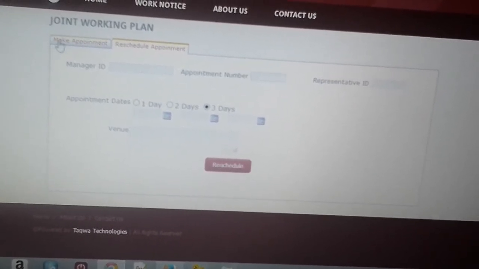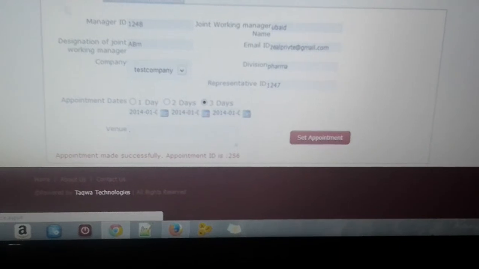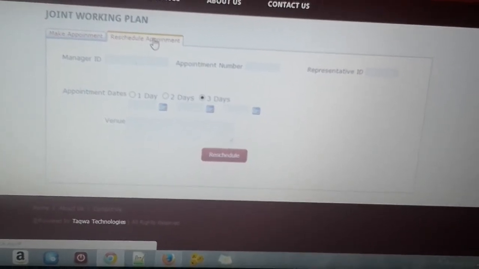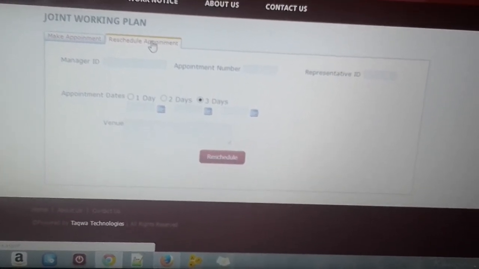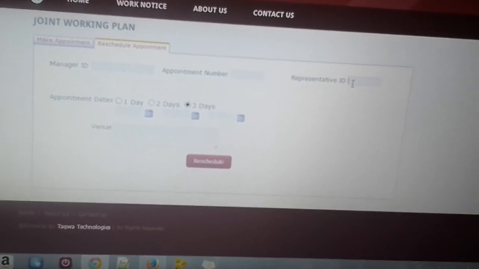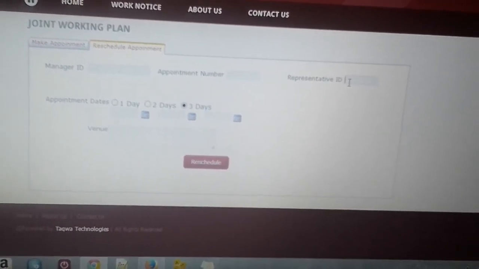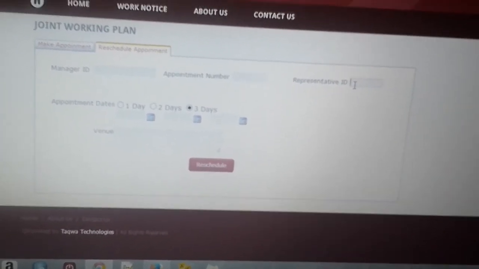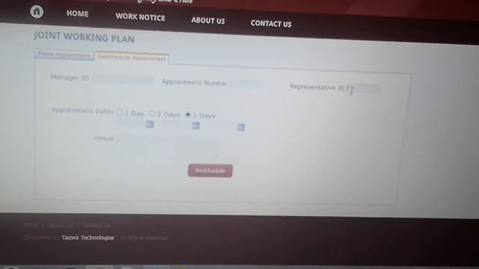That is very important, because if the manager remembers this ID, then he can reschedule this joint working notice, and then he will give the representative ID for whom he wants to make changes for joint working. It's very simple. We are very highly thankful for watching this video.